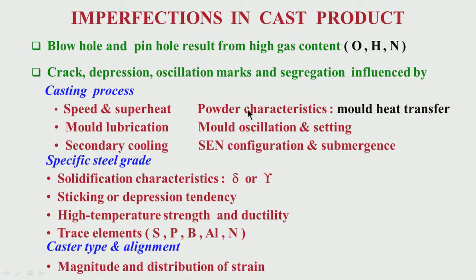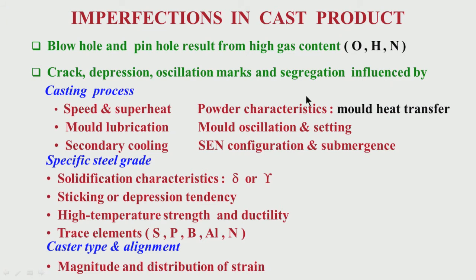So, lubrication is given by what? Either it is a powder or by oil. Normally for small billets you use oil as the lubricant, but for most of the other cases, even for thicker billets, for blooms, for slabs, for other near net shape casting, you always have powder as